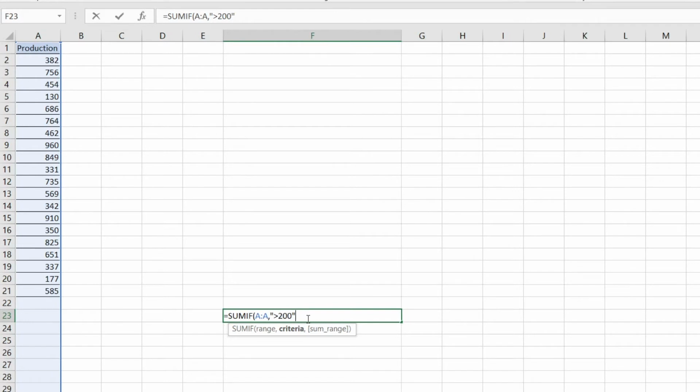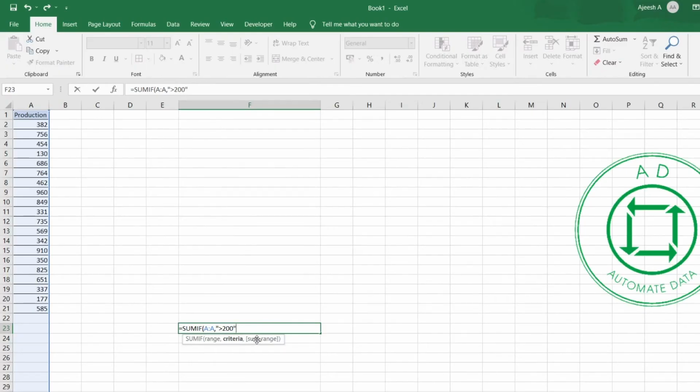Now, the criteria, we should always write it as a string, that is inside the double inverted commas, and let us close the bracket. As you can see in the syntax, whichever syntax keyword is inside the square brackets is optional, so you need not declare it. But if it is not inside the square brackets, for example the range and criteria, those are mandatory fields. Whenever you're using a function, you should compulsorily use these mandatory fields. Let us close the bracket